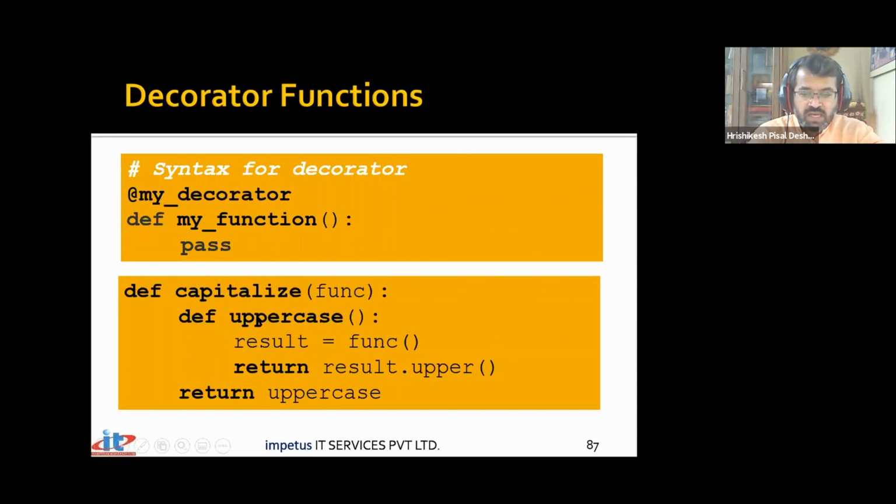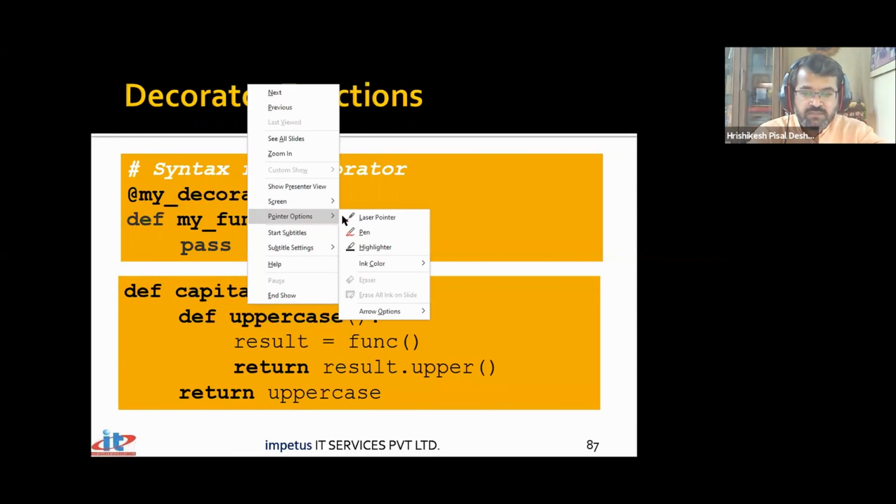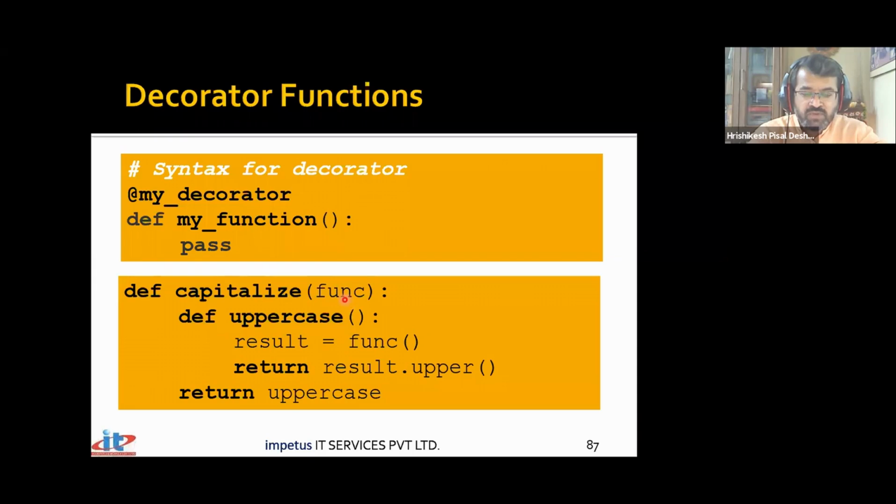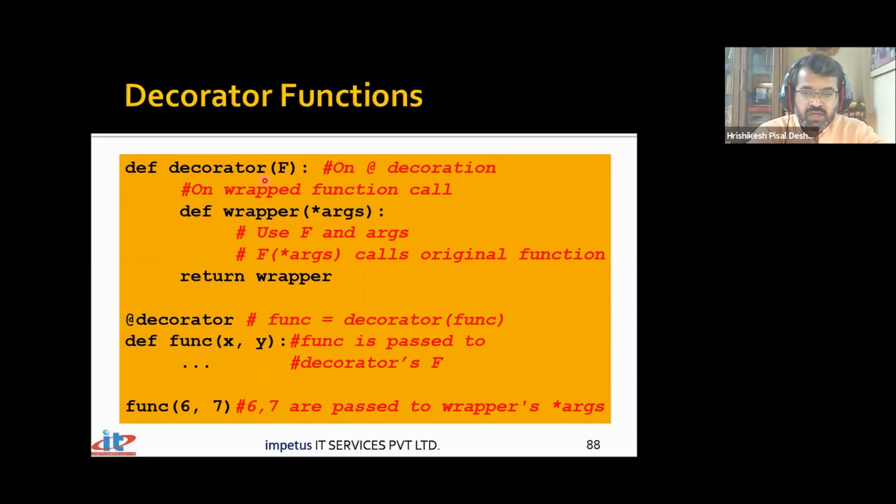What is a decorator? I'll repeat again. It's any callable which takes in a function as an argument, one callable as an argument, and returns another callable, and that's a decorator. So if I say @decorator f, note that f is some function, and I want to pass some arguments to the wrapper. That is something which is possible now. So we can also pass some arguments, and those arguments will be used in our application.